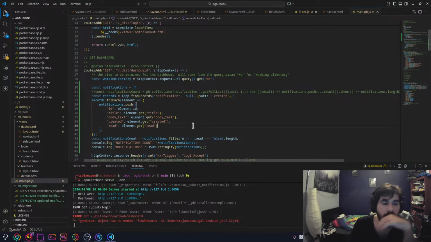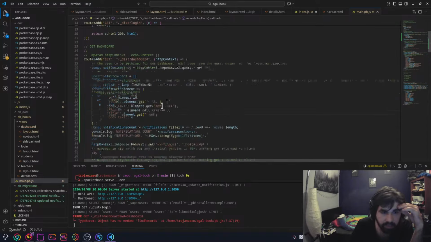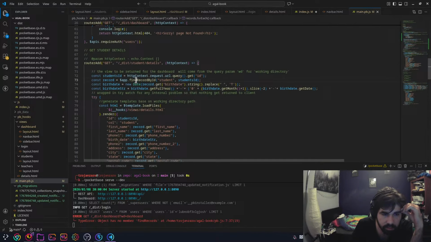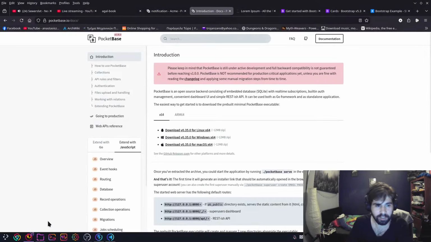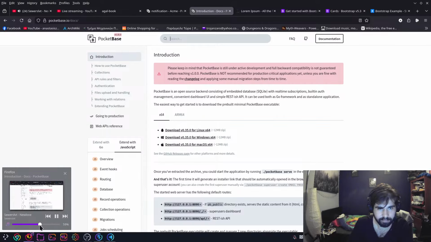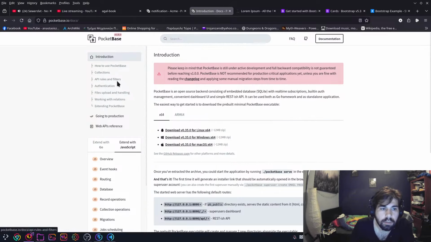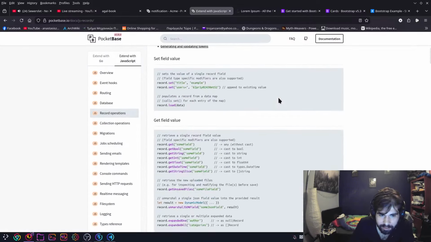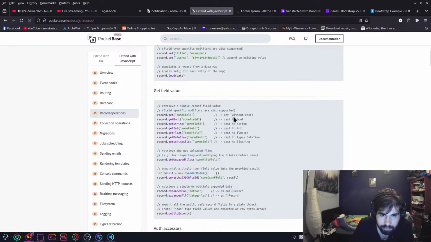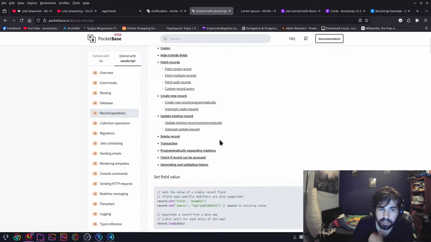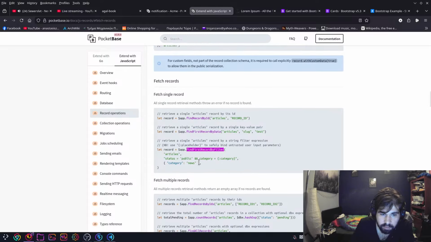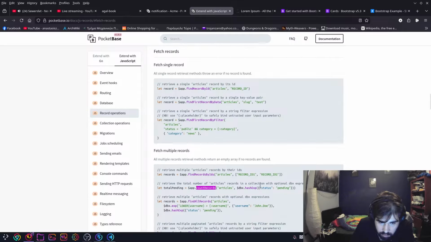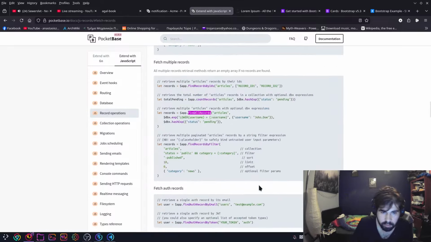Alright. So now, yeah, find record. That's not what it is. It's something else, isn't it? Find record ID. I guess this is why we have documentation, and that's a good thing. Where was it? Record operations. Get string, gets. Fetch records. That's one. Find record, find first. Fetch multiple records. Not bad, dude. Got records, find all records. There we go. Find all records, is that what we want?